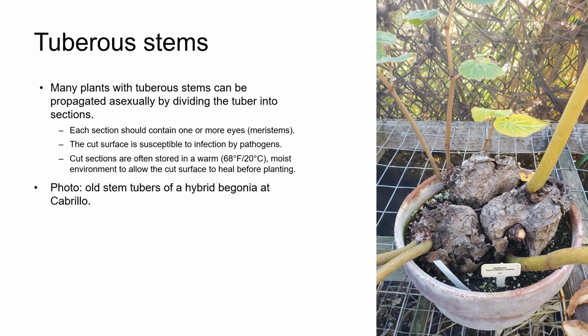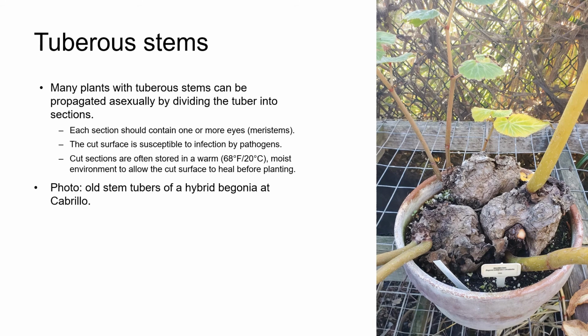Many plants with tuberous stems can be propagated asexually by dividing the tuber into sections. Each section should contain one or more eyes, or meristems. The cut surface is susceptible to infection by pathogens, so the cut sections are often stored in a warm, moist environment before planting at about 68 degrees Fahrenheit, and this allows the cut surface to heal, or to suberize, to